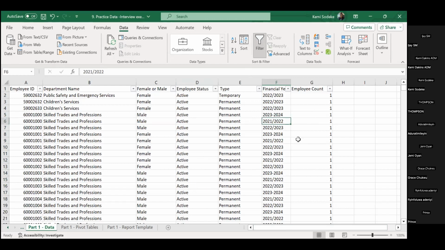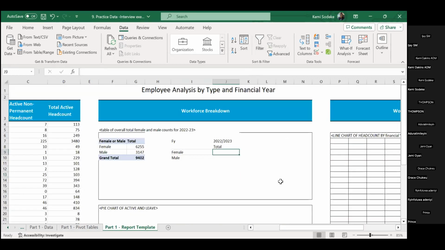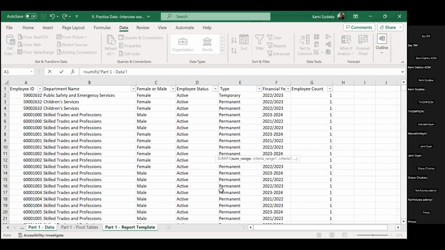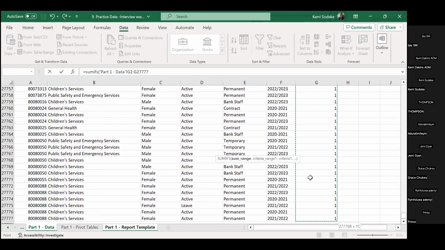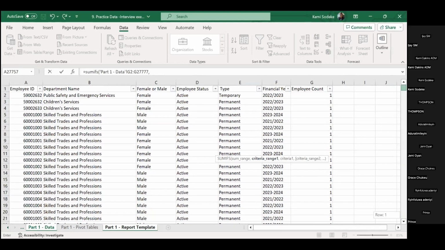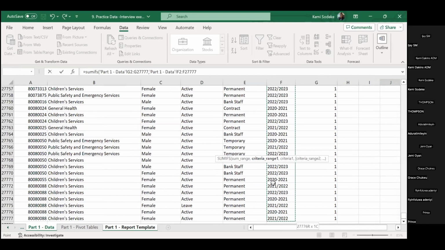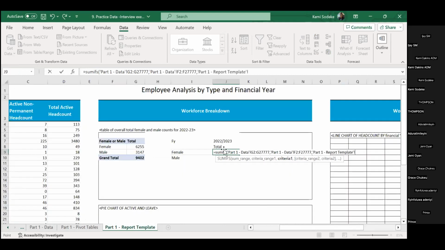I hope you can hear me. I've cleared the data. So I'm going to go back and do my if. So equal to sum ifs, and we're using sum ifs because we have two criteria to insert. We'll start with the sum range. This is what I want to sum. That will be the count, comma. My first criteria is going to be the financial year. So the range, I'm going to select that all the way down, comma,